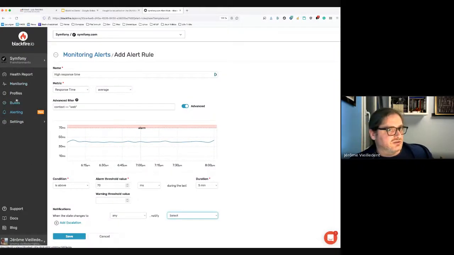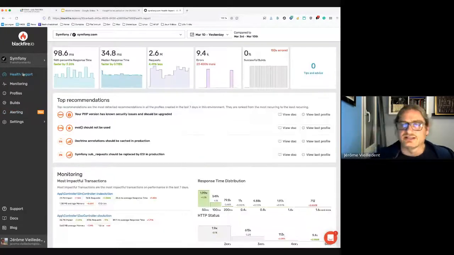Yeah, so to sum it up, Blackfire is now a complete observability platform. It covers both monitoring and profiling, and they work together. They're all combined. It's not like one feature on one side and one feature on the other side.